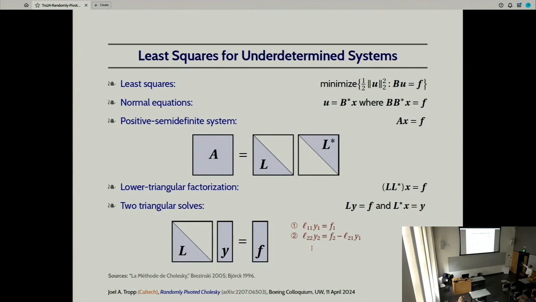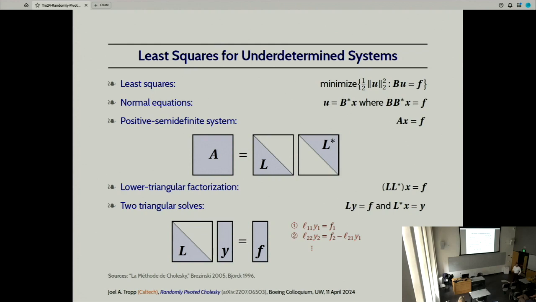Now, when you look at this equation here, you can see that the matrix BB transpose, which I'll now write as A, is positive semi-definite because it's an outer product. And Cholesky was interested in finding methods for solving this type of linear system. Okay, so given the data you collect, you can reach this point.